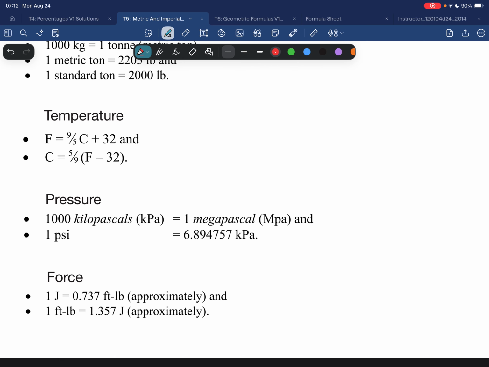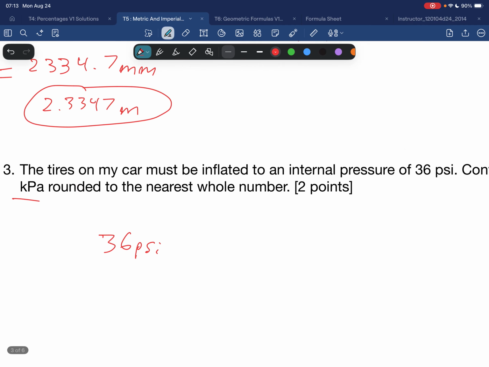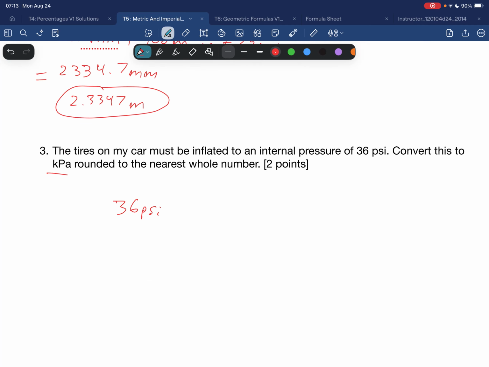So that is 6.894757. Okay. So we are going to multiply this by 6.894757 to give us